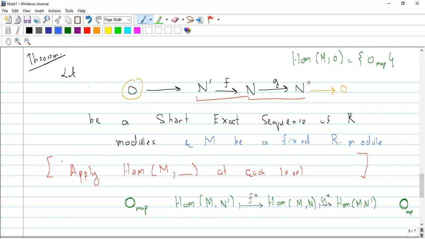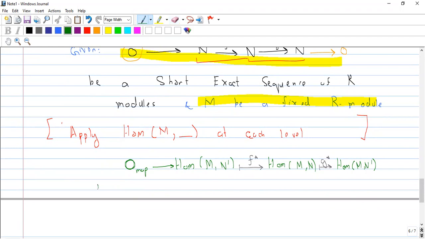So in this theorem, what is given? A short exact sequence is given, and a fixed R module M is given. Then what they are saying is that after applying Hom at each level, we will again get a sequence, but now in general, in this sequence, this map f star is injective, and also it is exact at this level, that is image of f star is equal to kernel of g star, but g star may not be a surjective map. So that's why हम अब ये बात कहते हैं कि ये वाली सीक्वेंस क्या होगी, इज एग्जैक्ट।